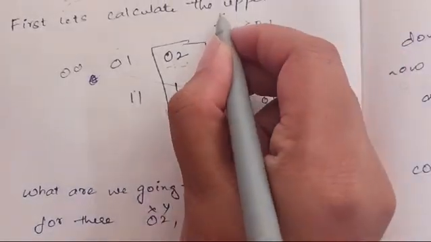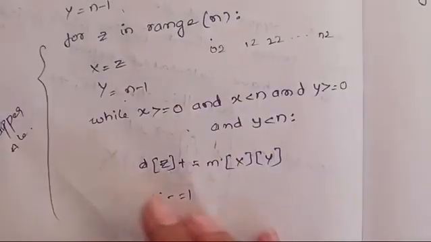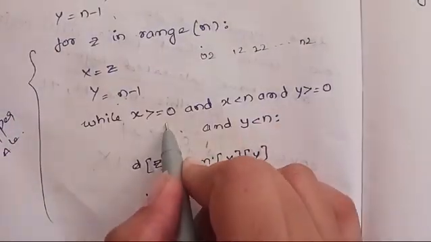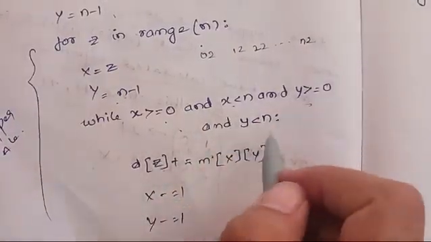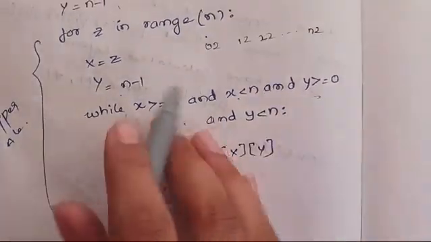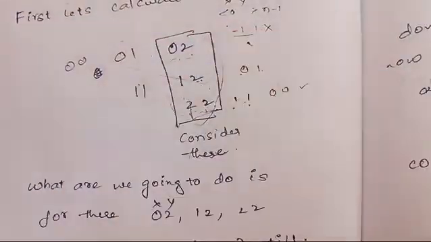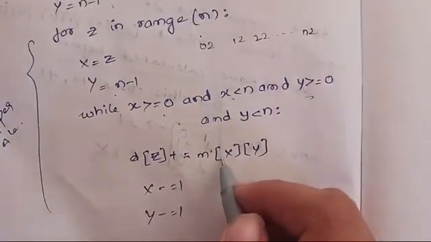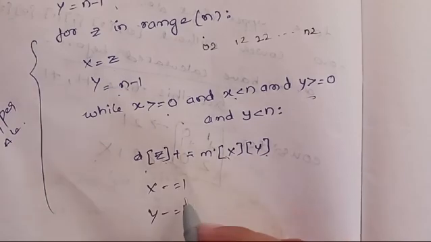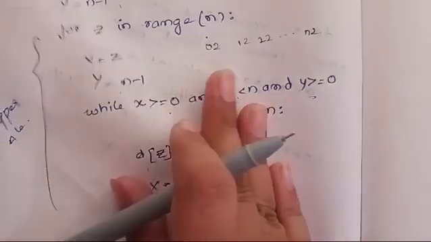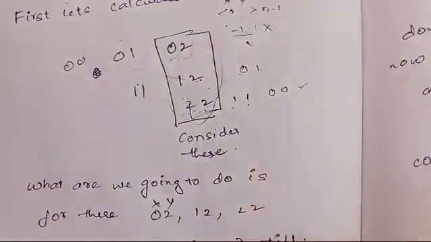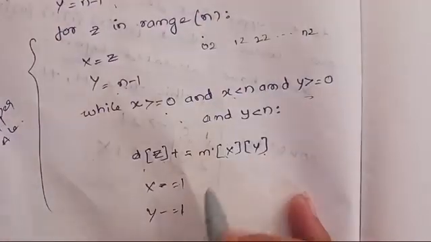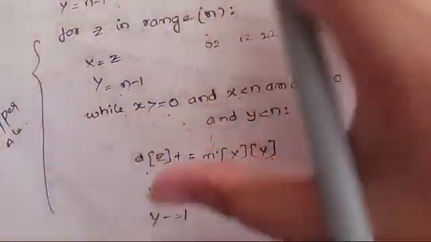That means the values of x and y should always be greater than or equal to 0 and less than n. And then we are adding the value at those indices to D. And we are subtracting 1, 1 to calculate the other elements of the matrix. And then we'll get the upper triangle